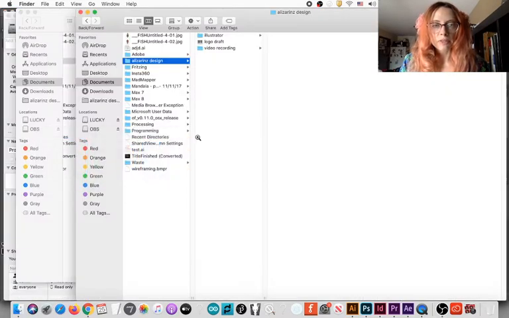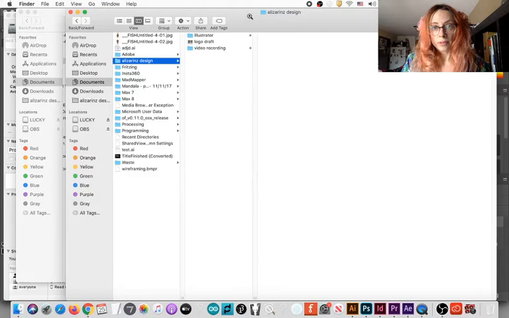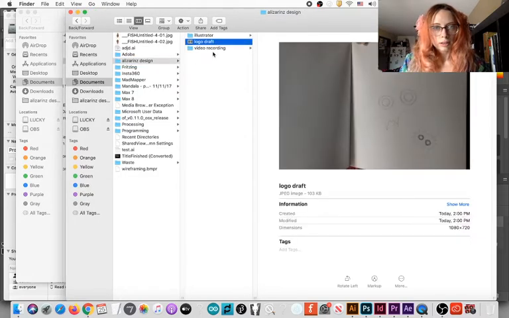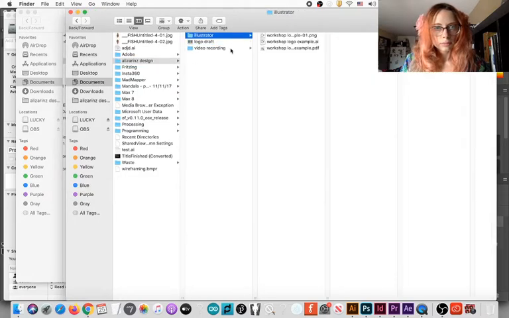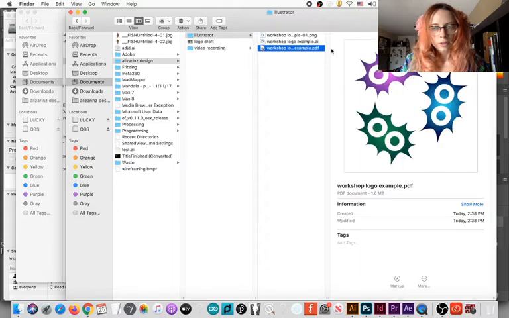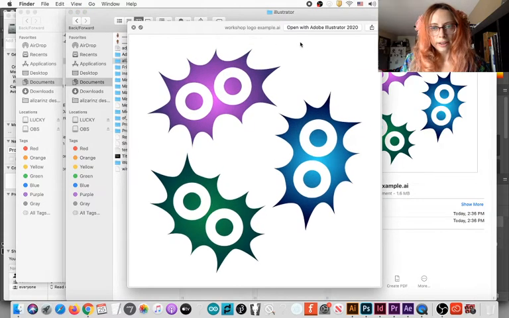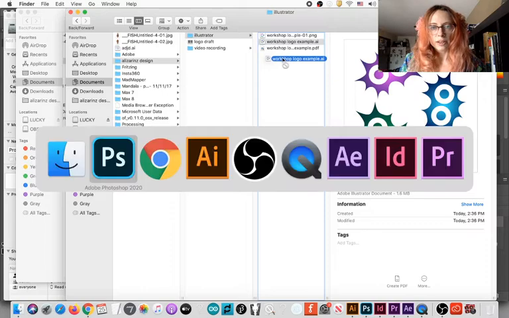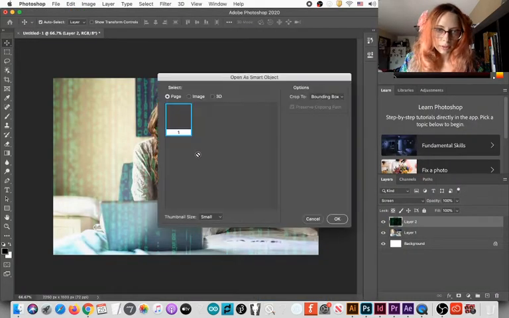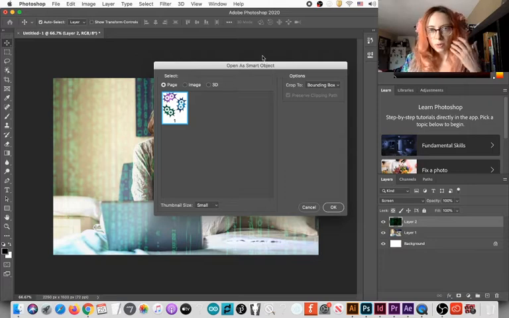You can still work with vectors on Photoshop. For example, if I were to drag and drop an Illustrator file into Photoshop, it will give me an option to bring it in.